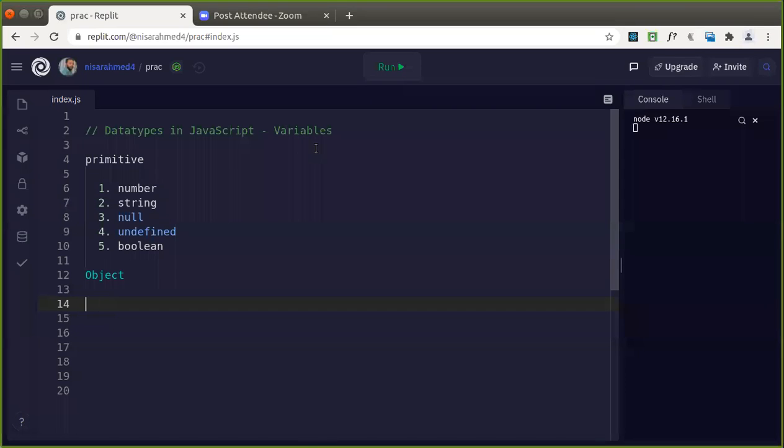But whereas JavaScript is what? Dynamic, isn't it? So what do you mean by dynamic in nature? How does it work dynamically? I'll explain that in today's session. Good. And before going to that, let me briefly give an idea of a variable.